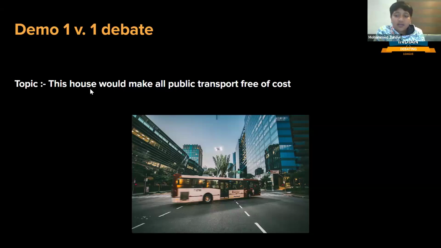In conclusion, at the end of this debate, it's clear that while the idea of free public transport is appealing on the surface, the practical implications are far from beneficial. Our side has shown that this policy would cause financial burdens, degrade service quality, and fail to address social inequities efficiently. Therefore, the opposition has clearly won this debate by presenting a realistic, balanced, and sustainable approach to public transportation.